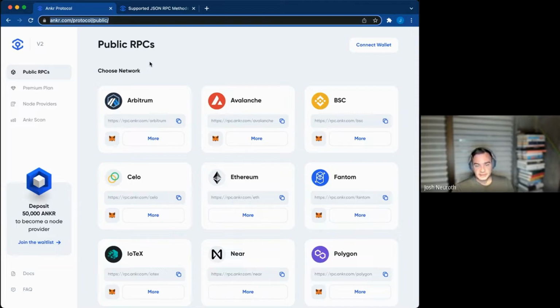All right. Okay, so let me talk a bit about how much infrastructure you need to launch your project. In Anchor version 1, we charge based on the amount of requests that you make to the blockchain. Our competitors like Alchemy and Infura also charge based on how many requests you need.